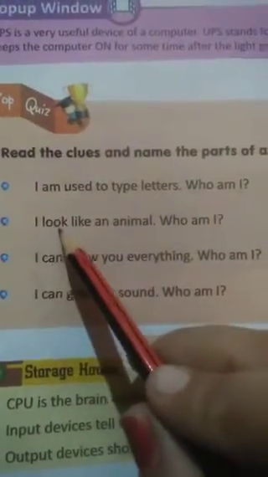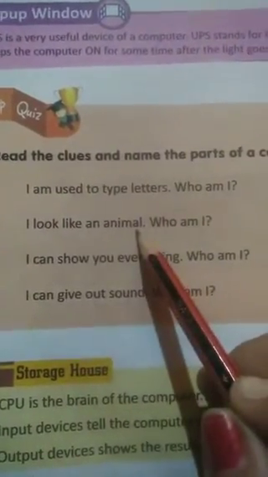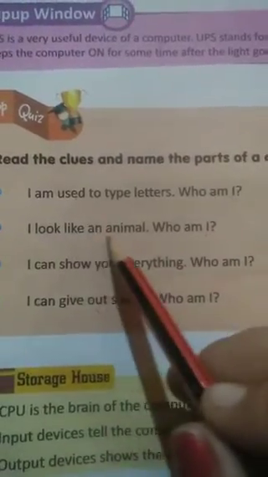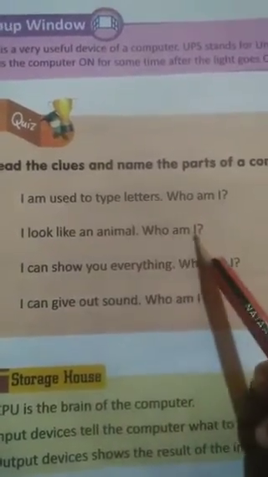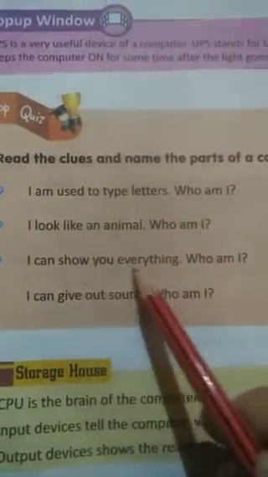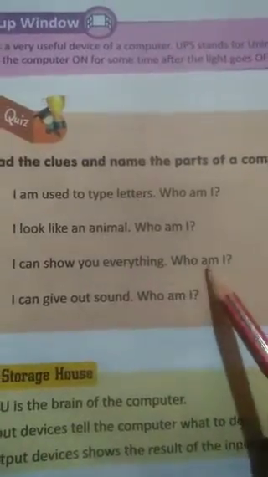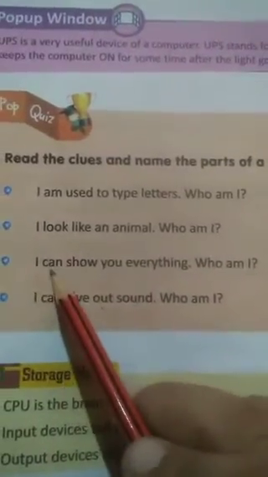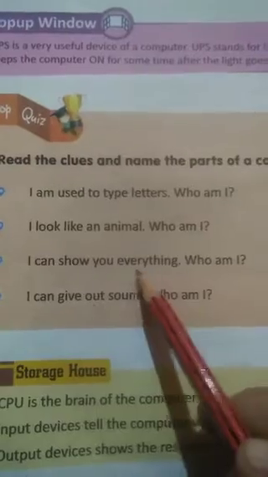Keyboard. Number 2. I look like an animal. Who am I? It is a mouse. MOUSE. Number 3. I can show you everything.